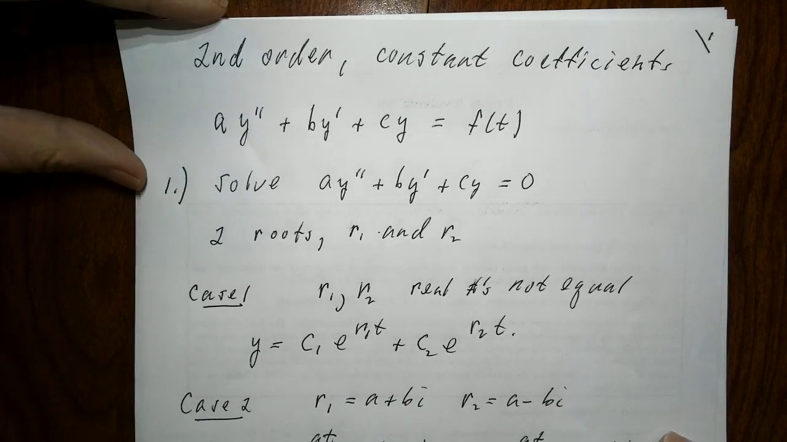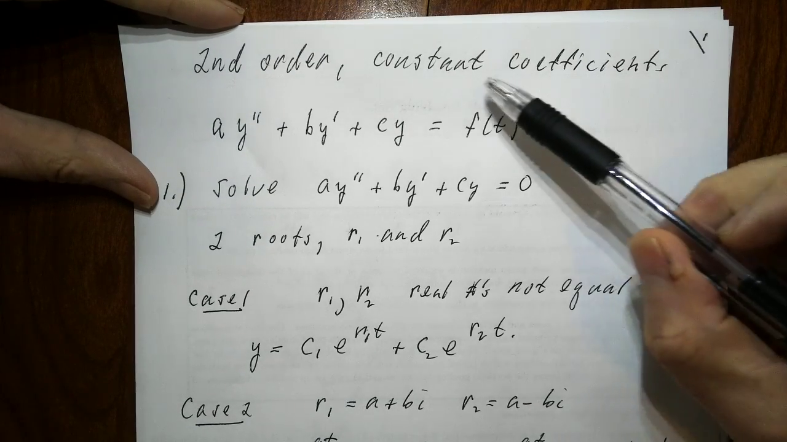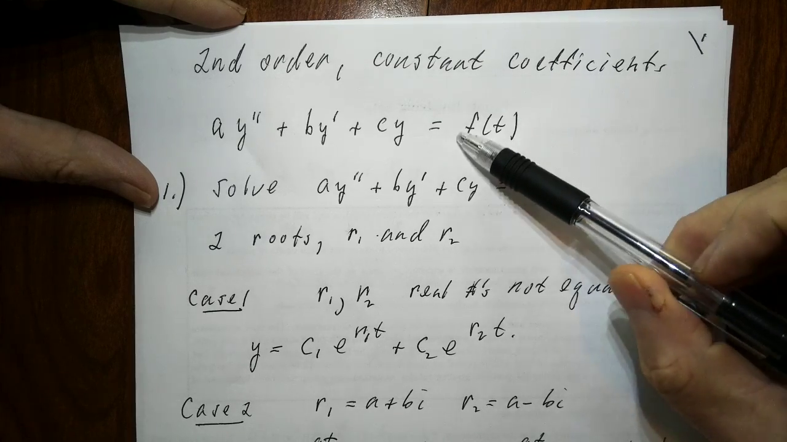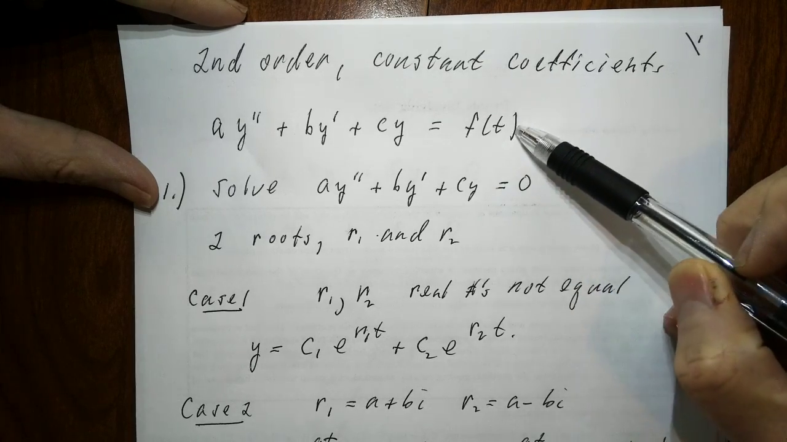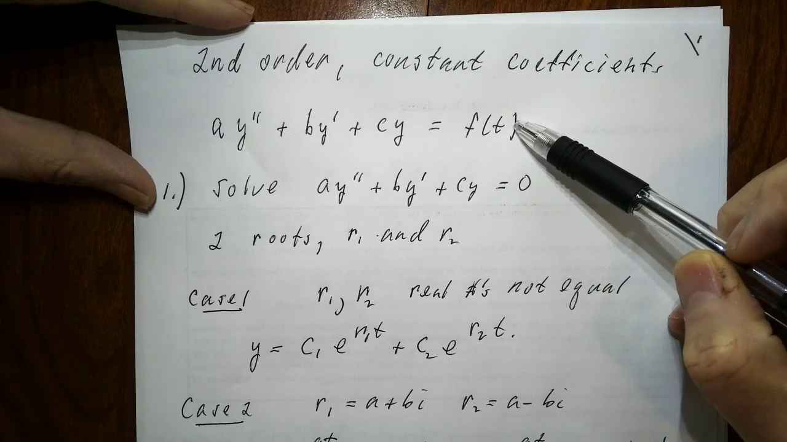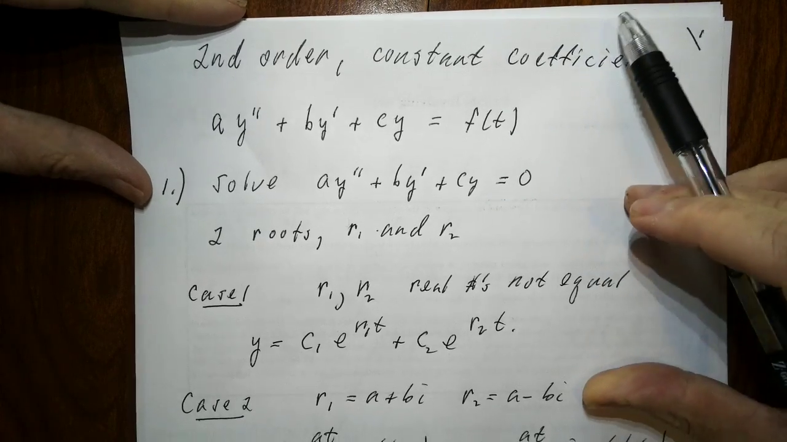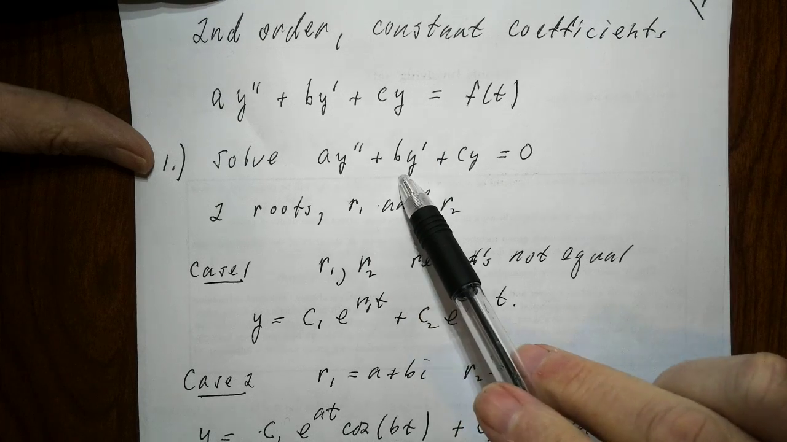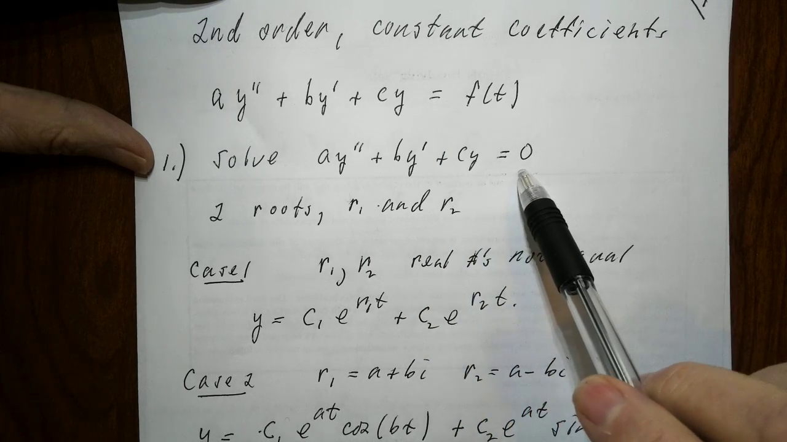So this is just a brief review of how we solve second-order differential equations having constant coefficients, and particularly the non-homogeneous situation when we have what's known as a forcing term on the right-hand side. So the first step is to solve the corresponding homogeneous equation, ay double prime plus by prime plus cy equals